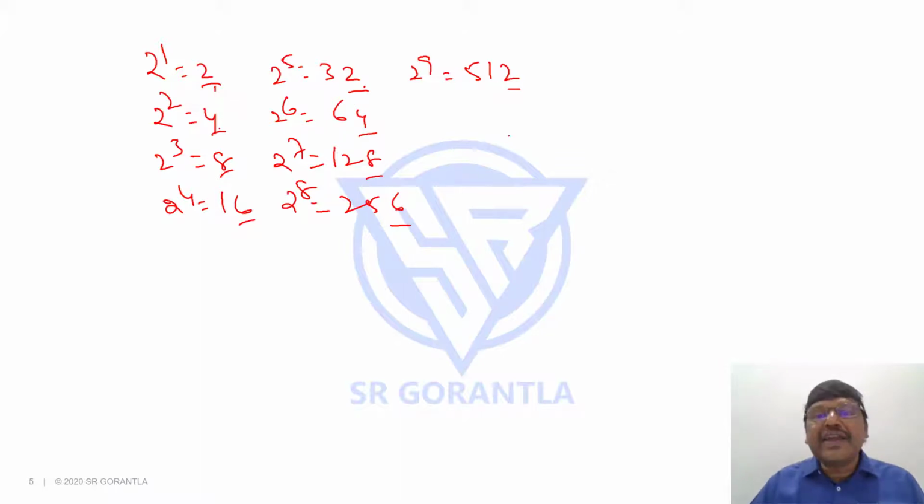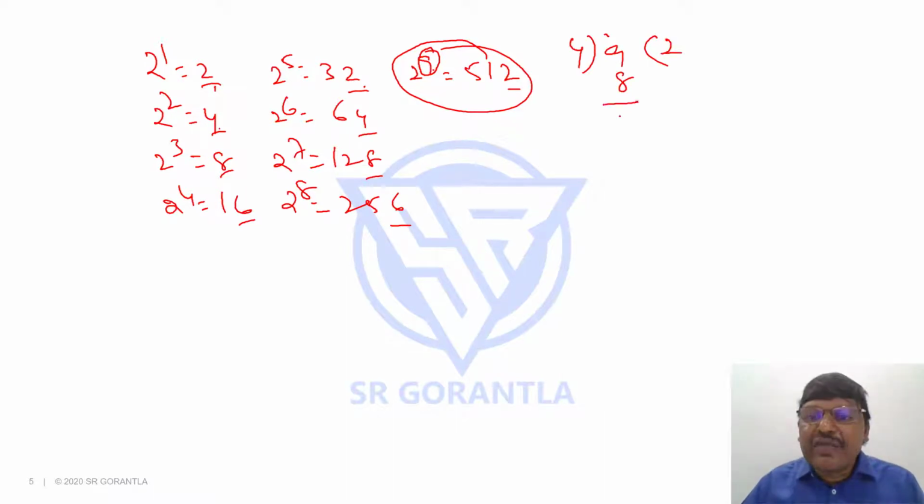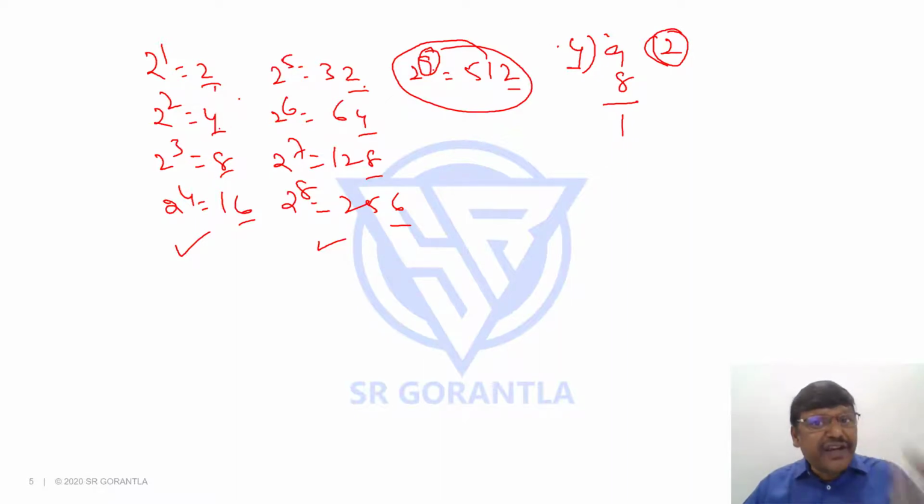2, 4, 8, 6, 2, 4, 8, 6, again 2. So when I ask what is 2 power 9's unit place, you don't have to find the 2 power 9 value. Students, what is the power here? 9. I'll take this power 9 and divide it by 4. 4 2s are 8. What is the remainder? 1. What this 2 tells me, students, is you finished 2 rounds. By the way, why am I dividing by 4? Because every 4 digits are repeating, I am dividing the power by 4. Suppose there is a cycle of 5 digits, every 5 digits repeating, then I would have divided by 5 there. Is that fine? So 4 2s are 8, remainder 1.